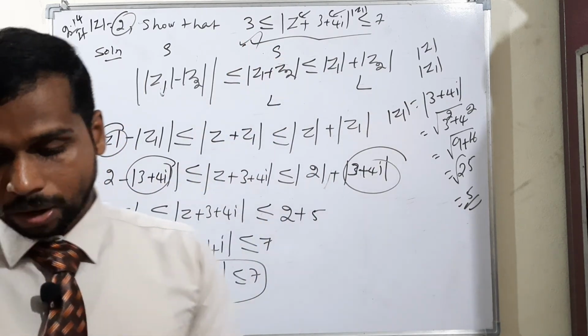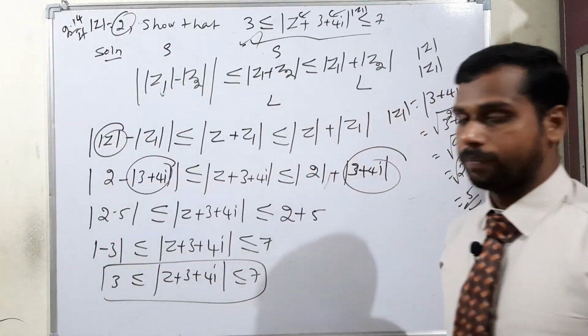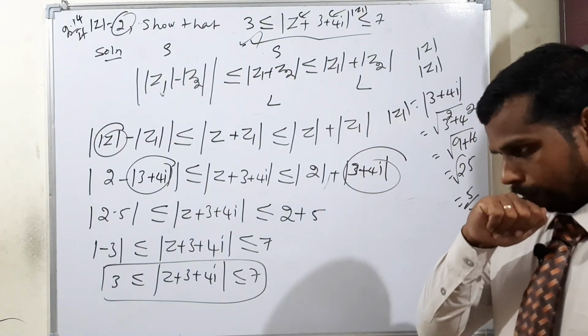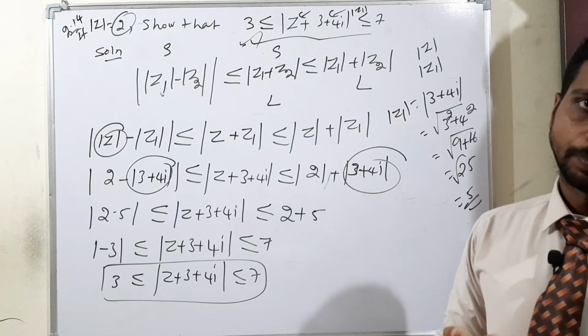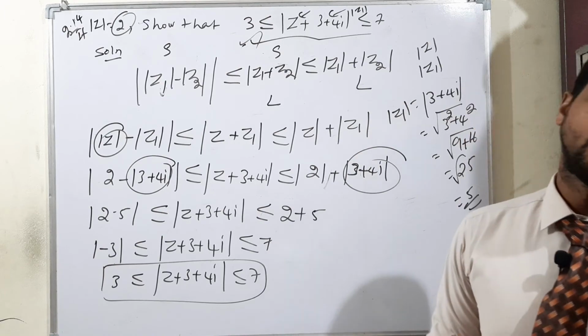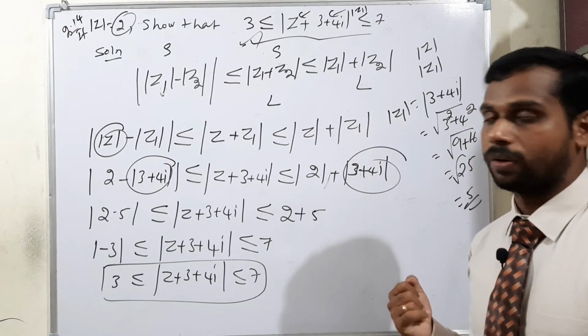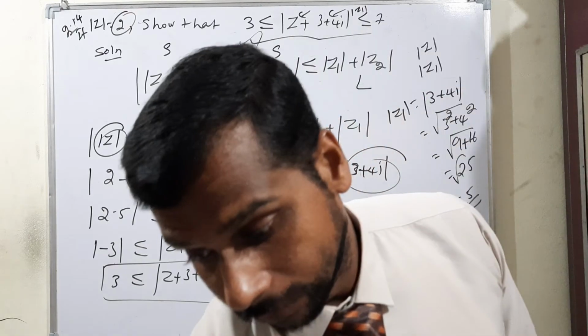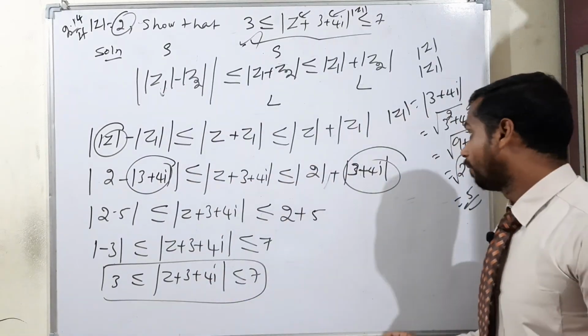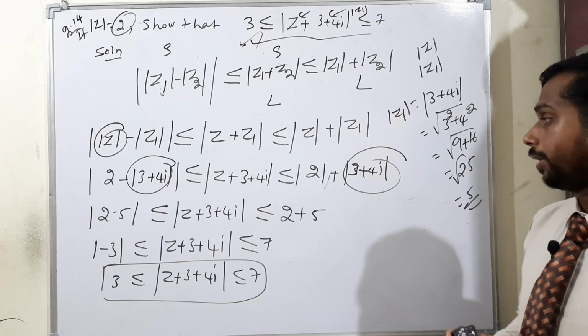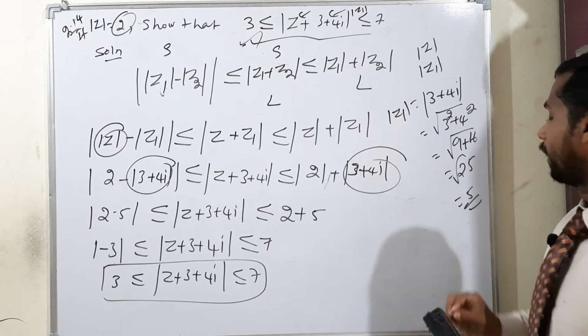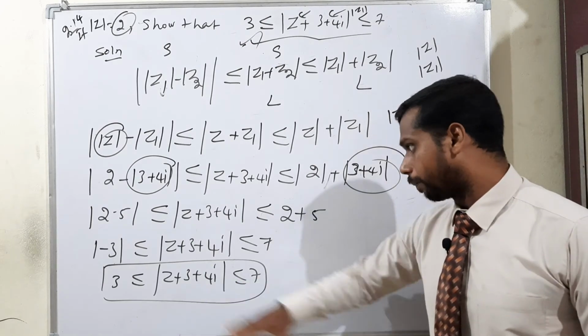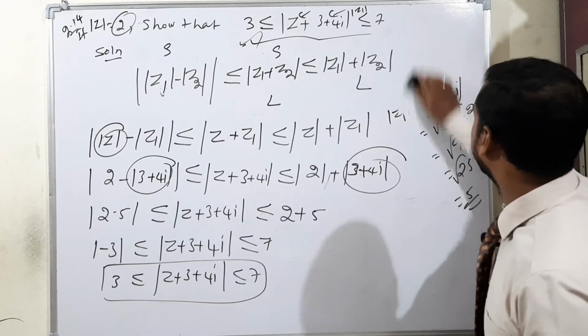If you stop up to this line, you will definitely get half of the marks. For a 5 mark question you will get 2.5, and for a 3 mark question, 1.5. Actually this is a 5 mark question, so you should draw it within the conic section. You will learn it in depth when you come to analytical geometry. I will give a small explanation regarding the Argand plane also, then you will get more idea.